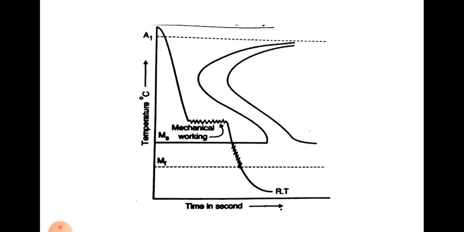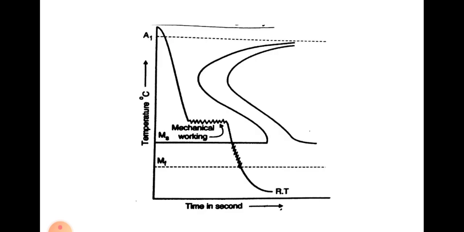The second type of hardening is ausforming, which also gives a TTT diagram showing pearlite, bainite and martensite transformation. Only, instead of mechanical forging work, we use rolling work. That arrow shows the rolling process. If we cool the material and, below this nose, apply mechanical rolling, then martensite is obtained and we get hardening. This is about ausforming. So these are the two processes used for hardening.